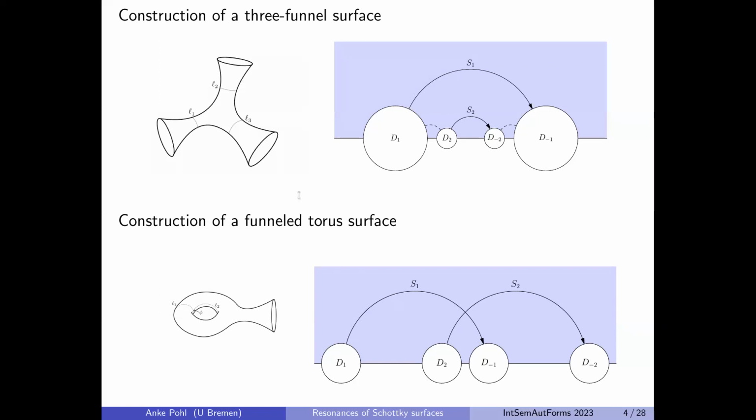Okay, then you pick elements in SL(2,R), which map these balls to each other in the sense that they map the boundary of these balls, which are in the upper half plane, to each other, and then the exterior of the one ball into the interior of the other, and vice versa. So there's some flexibility in picking these generators, but essentially in the end, it doesn't matter which one you take, you will see the same phenomenon.